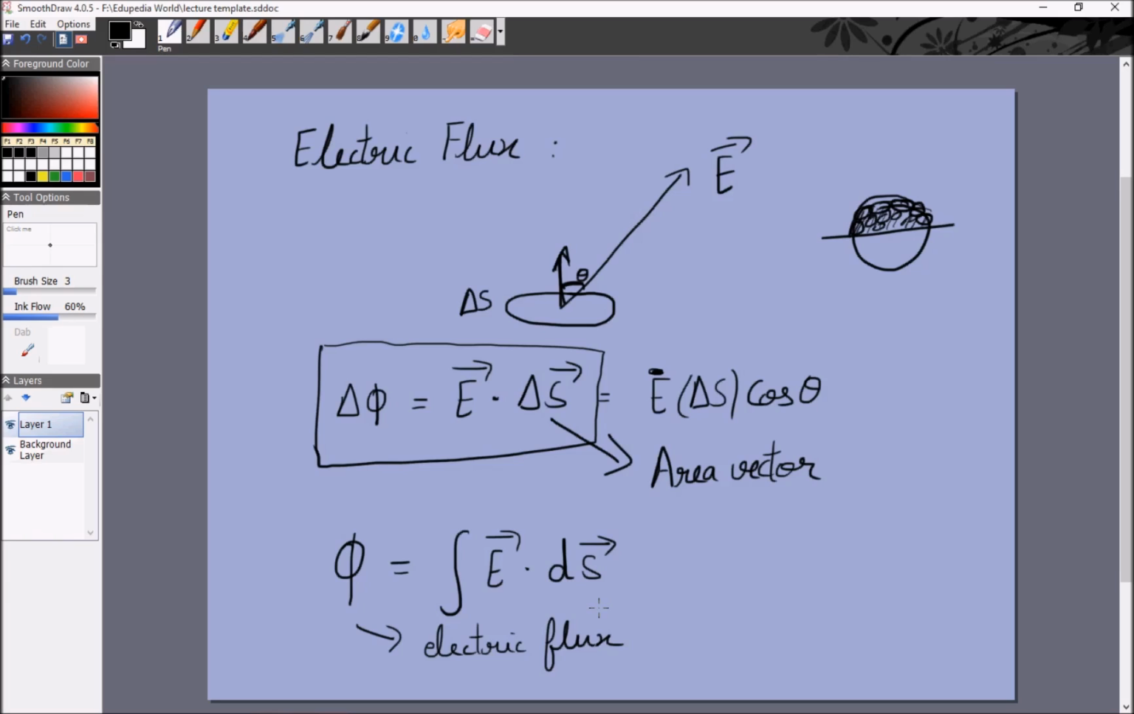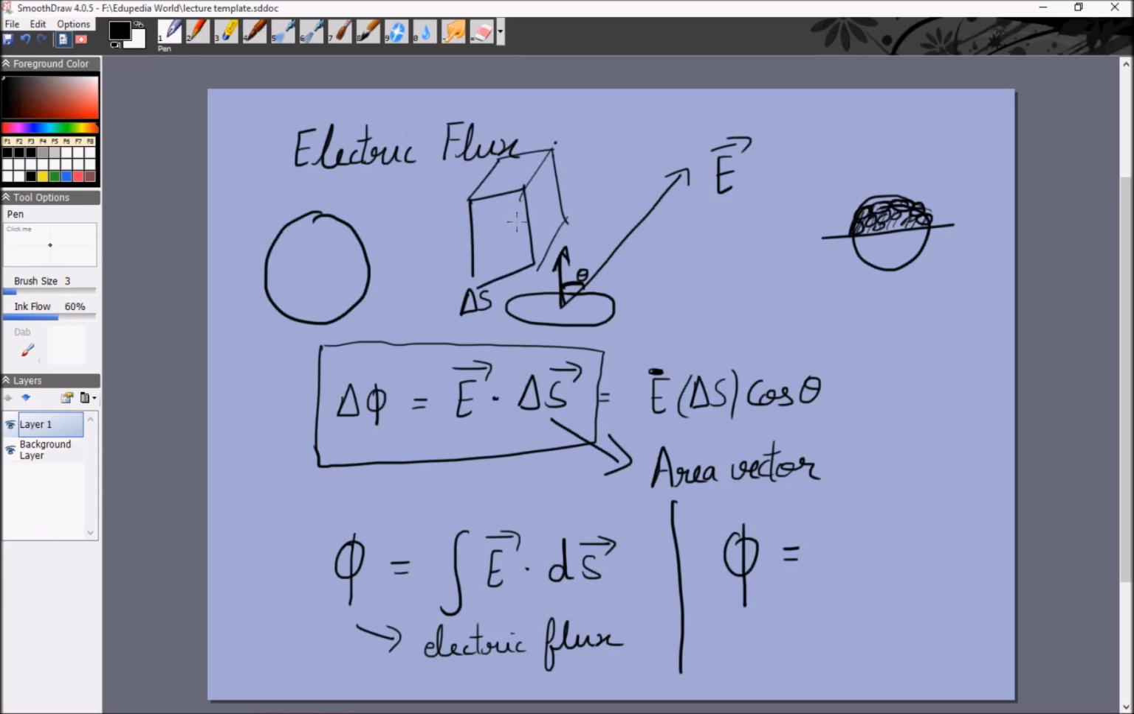Everything we'll do for electricity now, as long as we follow it from Coulomb's law, will be valid for gravitation as well. In particular, there is also something called the gravitational flux, which, you guessed it, is equal to the integral of the gravitational field dot dS. Right. Now, sometimes we'll actually calculate the flux through a complete area, a closed area. It might be a spherical area, it might be a cube,